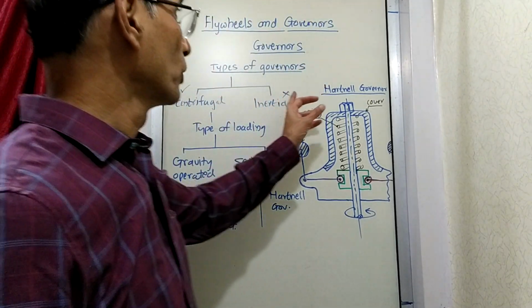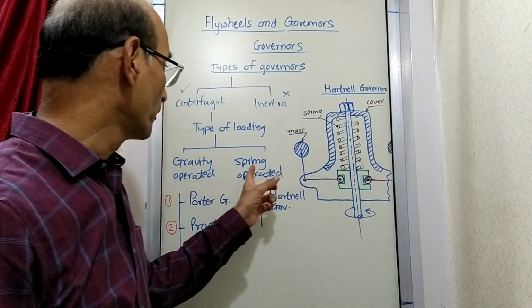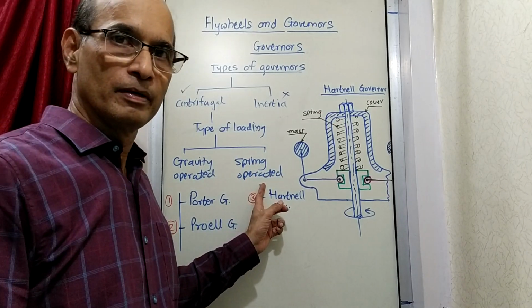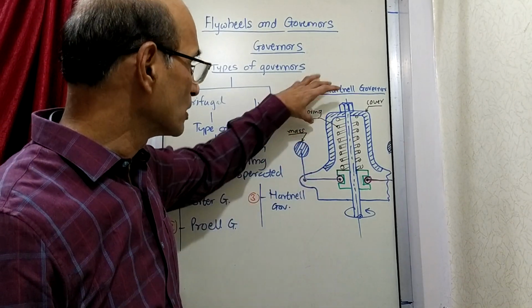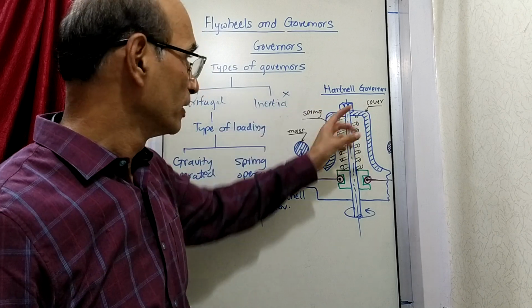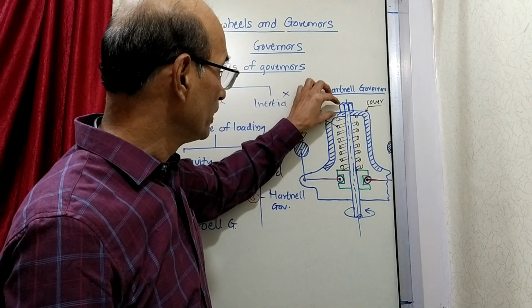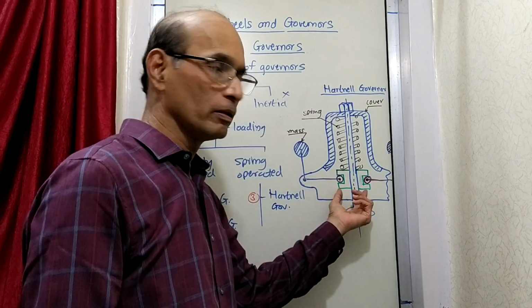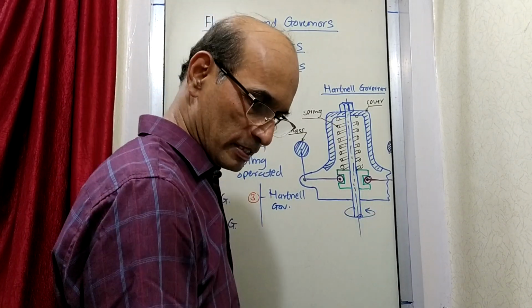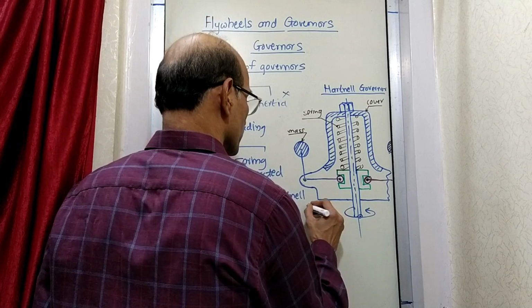Okay, so now you can see this Hartnell governor, which is of a spring operated type. You can see the construction is like this. It is some kind of a cover. Inside the cover there is a spring which is fitted across a cover and one bearing over here. You can write down this as a bearing, sliding bearing it is.